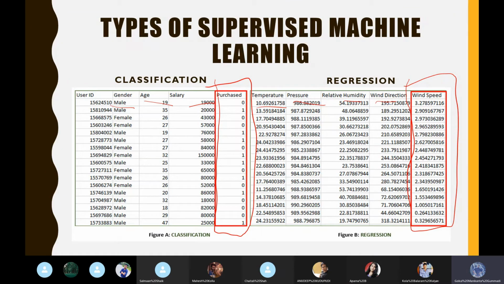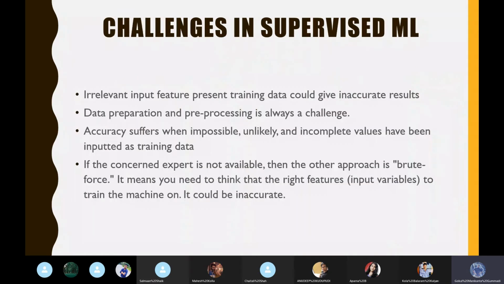The regression data set can be used to predict future weather forecasts, and the classification one can be used in marketing, to see whether a customer is buying a specific product or not with respect to their demographics.